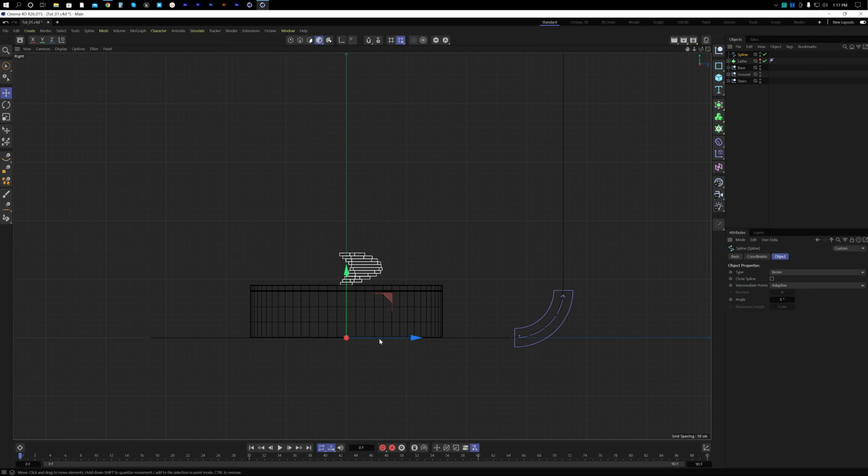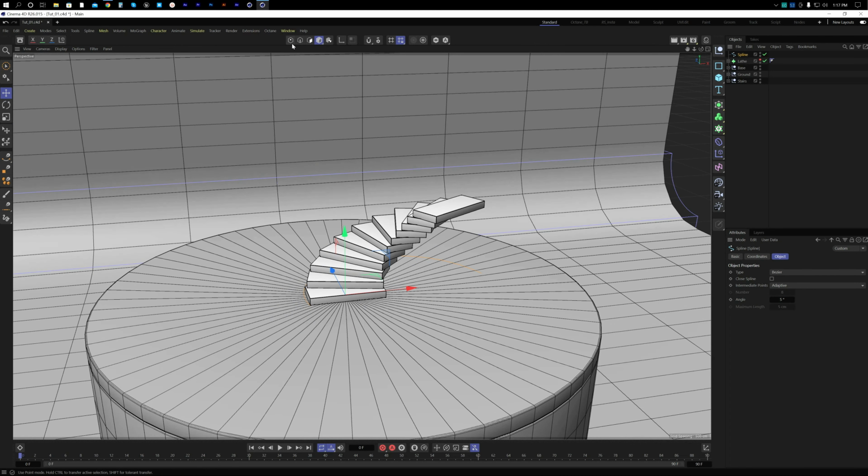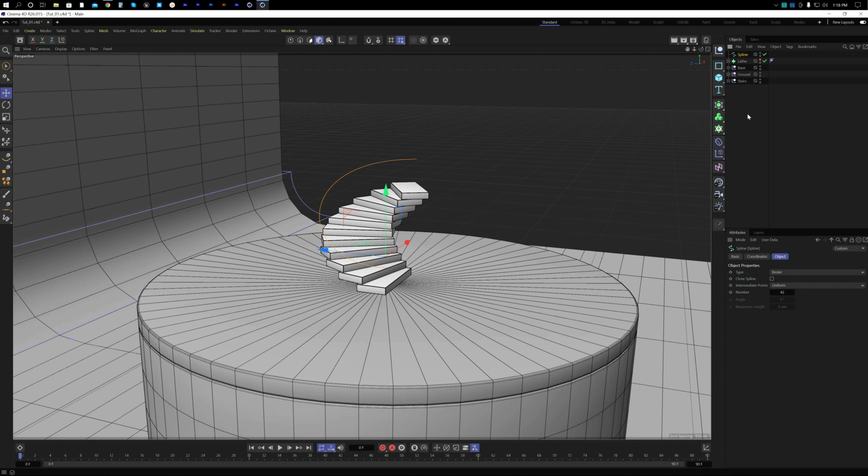go to the object mode, then we can pull it forward, and if we again go to point mode, we need this part, upper side, something like that. And it is now adaptive, we will make it uniform. If we go to the object mode, then we want something like that. So now if we